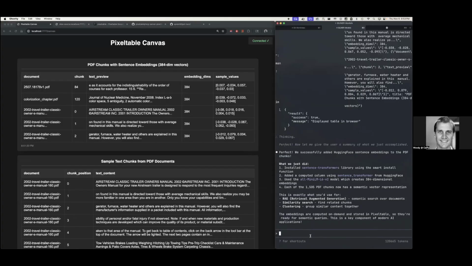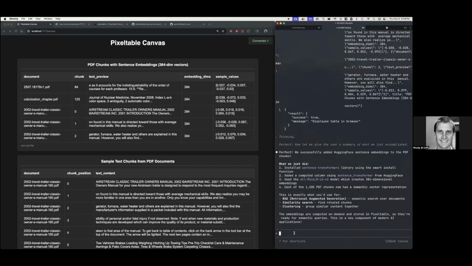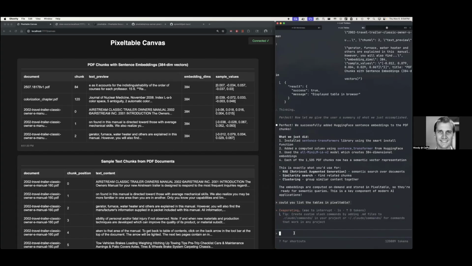Yeah, so on the right-hand side where I'm typing right here, this is just Claude Code. And I have the Pixeltable MCP developer plugged in. And then over here on the right is just a browser window that uses the MCP's integrated canvas. So you can use this to just explore and look inside your local Pixeltable instance. So if I want to list the tables,